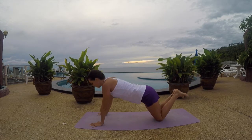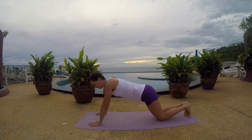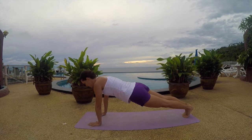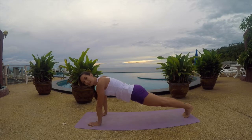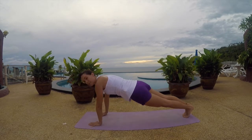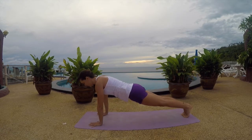Burnt out on the push-ups, you can drop your knees down, but if you still feel like you have the strength, come up, bring your knees away from the ground, come into plank, engage. We're going to drop down for 10. This time we're going to hold it for 10, and then push back up for another 10, count of 10. So let's go. 1,